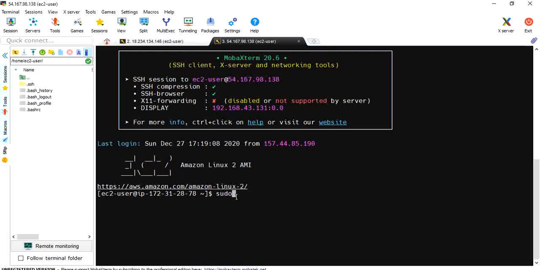Okay, so this is my slave. Let me check whether my workspace has been copied or not. cd opt, cd Jenkins,